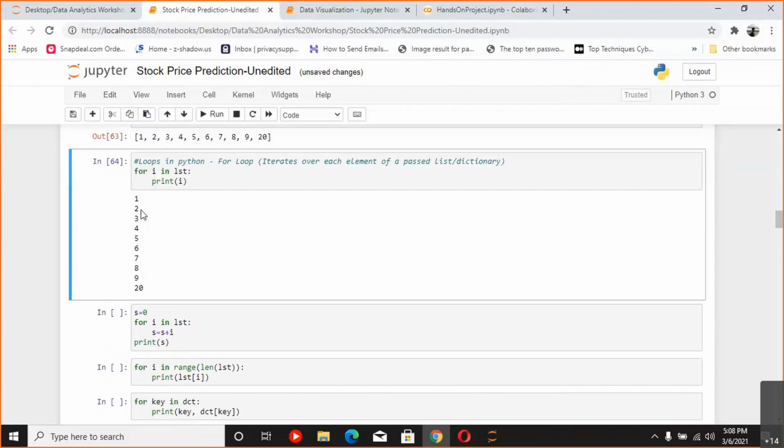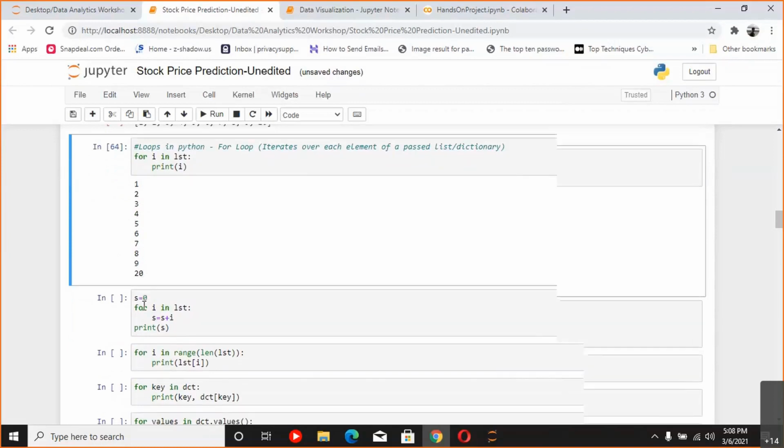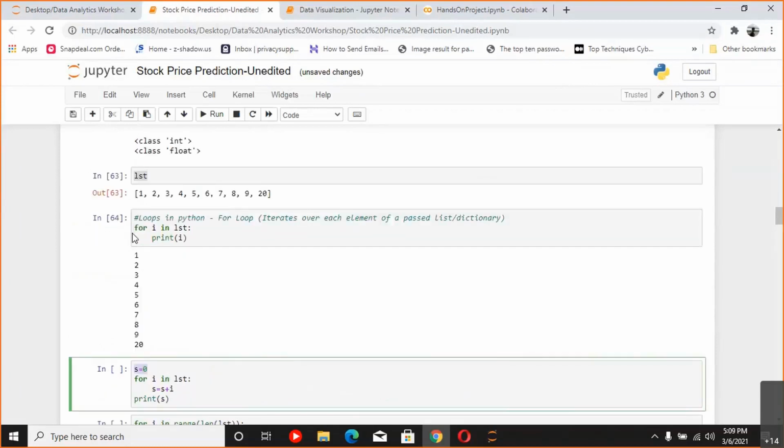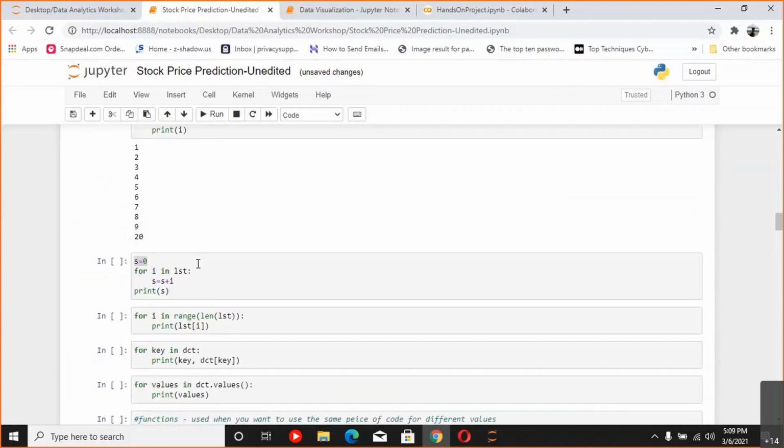Now it is not only used for printing things, you can also use it for other purposes. In the next step, if we declare a variable s equals 0, the s variable contains the value 0. And now you want to sum up all the elements that are in the list variable lst.